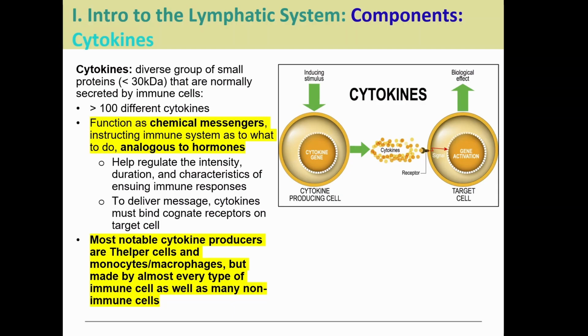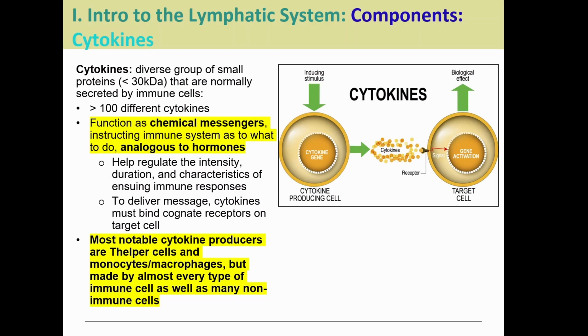They are going to help the immune system regulate itself in terms of what these cells are supposed to do. So it's kind of like the immune system's version of a hormone. They're going to help regulate how intense the immune response is, how long the immune system is going to respond, and in what way the immune system is going to respond. Are we going to ramp up something like inflammation? Are we going to ramp down? Which particular immune cells do we need on hand, or do we need everybody on deck, right?